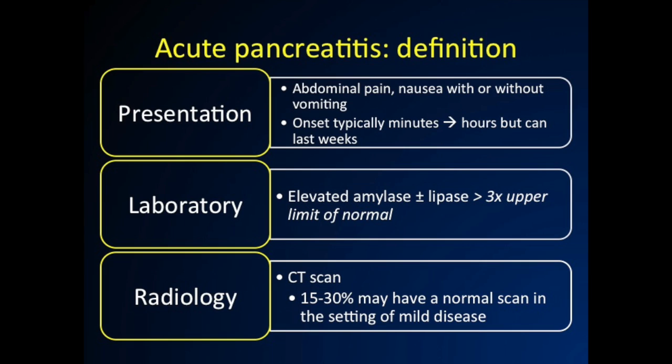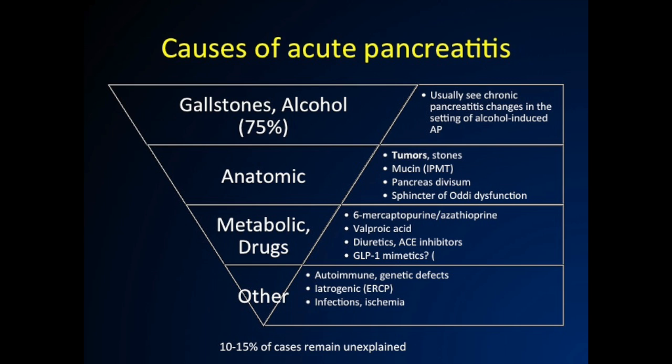But of course, in this day and age, we oftentimes have radiology that accompanies patients. It is important to note that CT scans, particularly if they're done too early on, may be normal in a significant minority of individuals. So a normal radiographic scan does not necessarily rule out acute pancreatitis. Gallstones and alcohol are going to comprise 3/4 of the causes for acute pancreatitis, which is why gallstones is the topic for today. People with alcohol acute pancreatitis will usually have some evidence of chronic change on their gland,